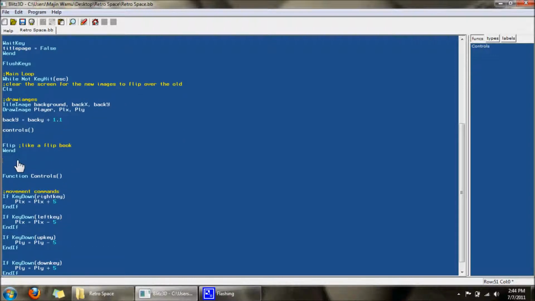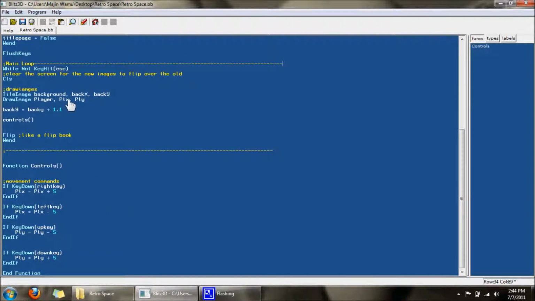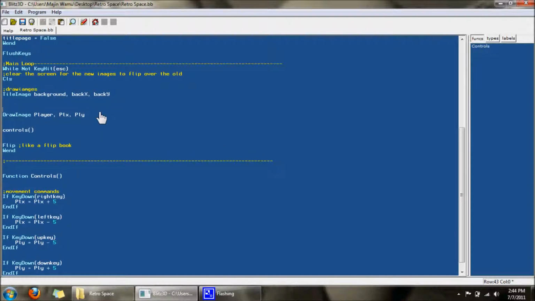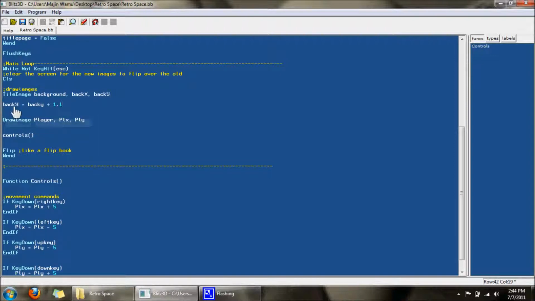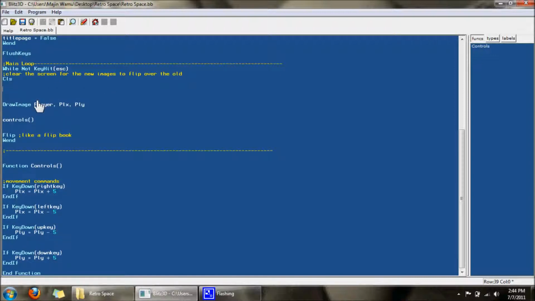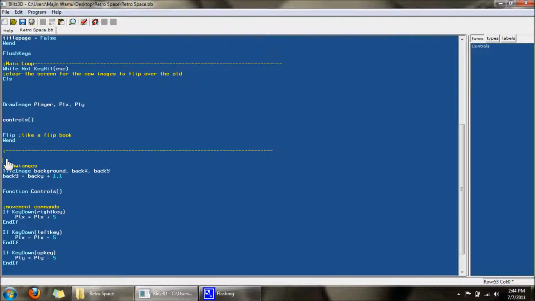One way I like to organize my code is usually put this right here, so I know a bunch of lines. So right here is my main loop. And even if you don't want all this right here, you can honestly make a function for absolutely everything in your game. Let's paste that. So we can even get rid of this and paste it down here. And we can call this